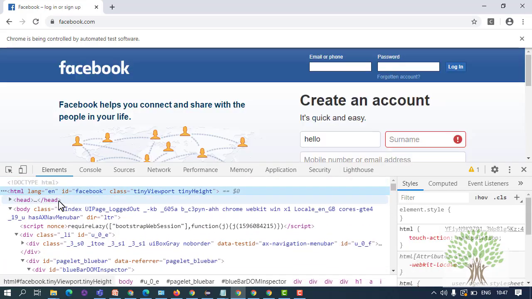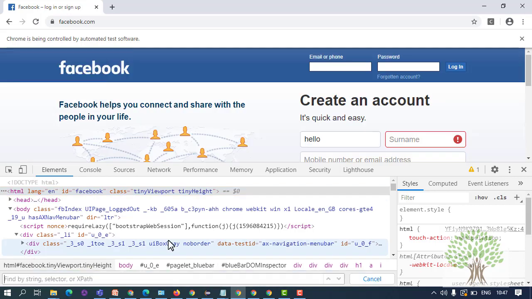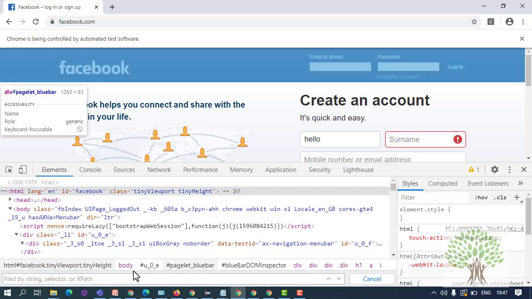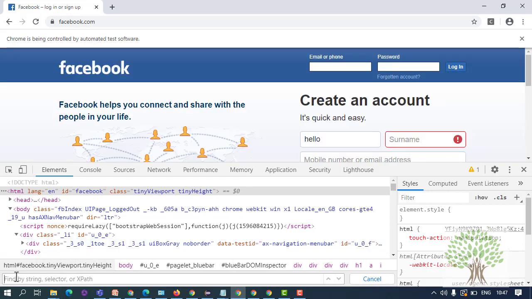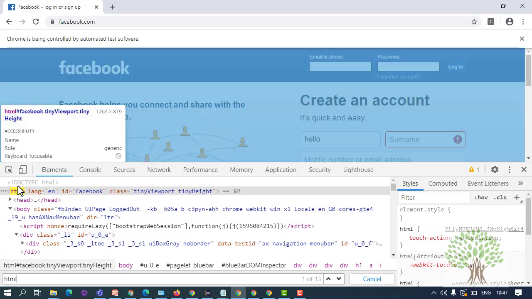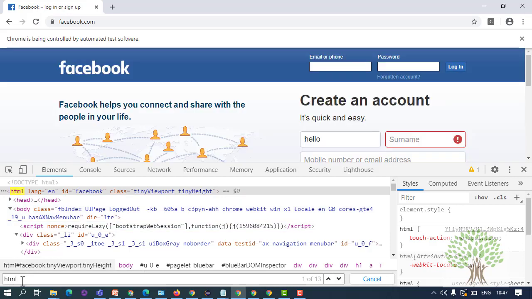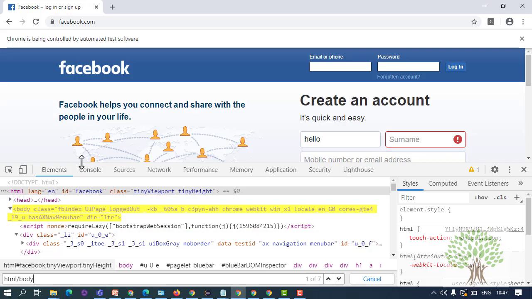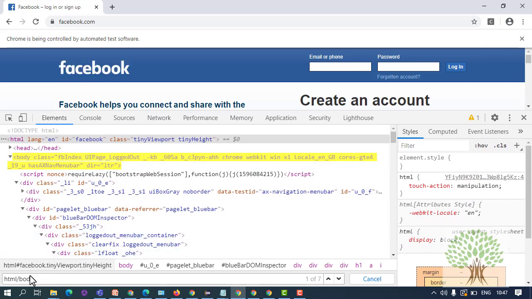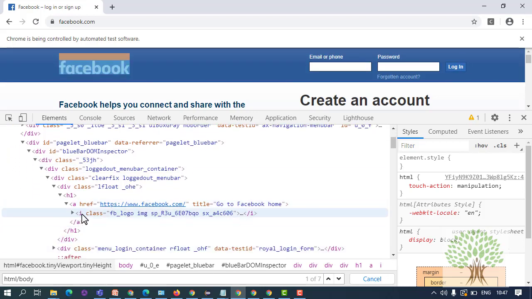Now in the page source, if you hit Ctrl F, you will see a small box coming up. I will start from the root tag, which is HTML. I will write HTML over here. See, the HTML tag is getting highlighted. Under that there is a head tag and body tag. You want to go inside the body tag, so I'll write /body. See that body tag is getting highlighted. This way you can keep on typing and validating whether you are traversing correctly or not. And this way you will traverse down to the I tag.